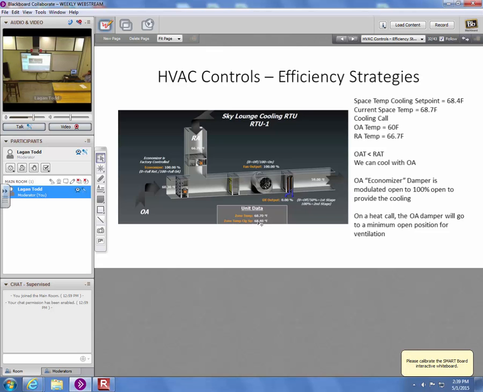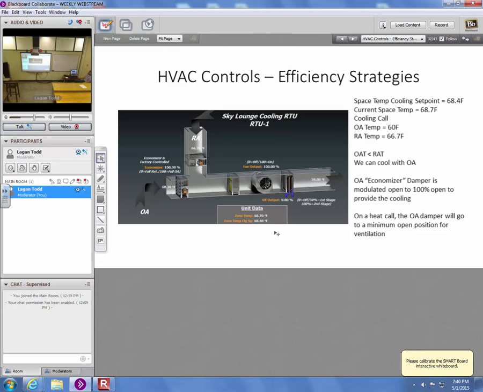We're just seeing it near the end of its cycle, so it's probably about to stop cooling. But in any case, we do have the zone temp above set point, and so you can see right over here it says it's commanded the economizer to 100%, which means 100% open outside air damper. So that would also mean it's closed the return air damper. So right now it's not recirculating any room air. It's just bringing in 100% outside air because the outside air is cooler than the return air and it wants